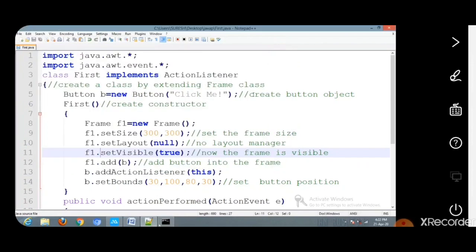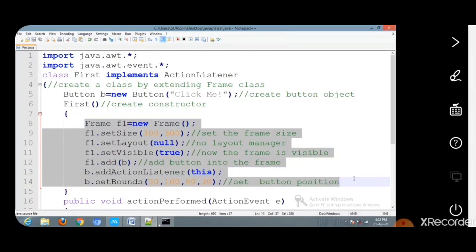Clear? The first method is by extending the frame class by using the keyword extends Frame. The second method is creating an object corresponding to the frame class, and all frame related methods and variables are defined inside the constructor, and the event handling methods should be defined inside the constructor.